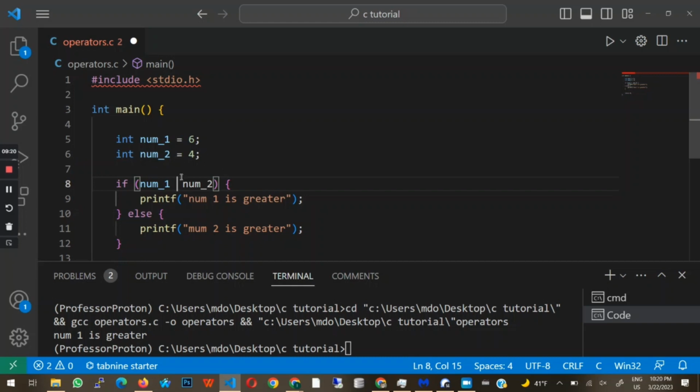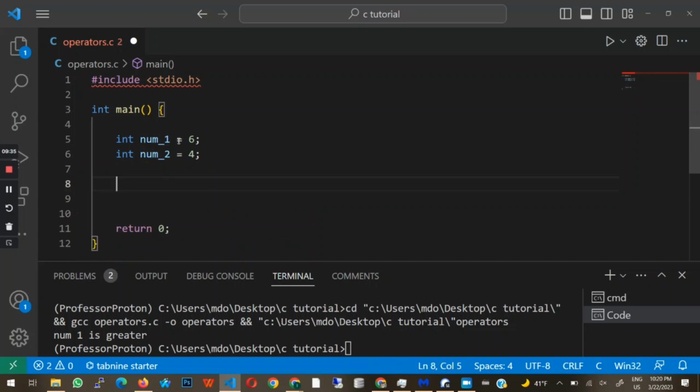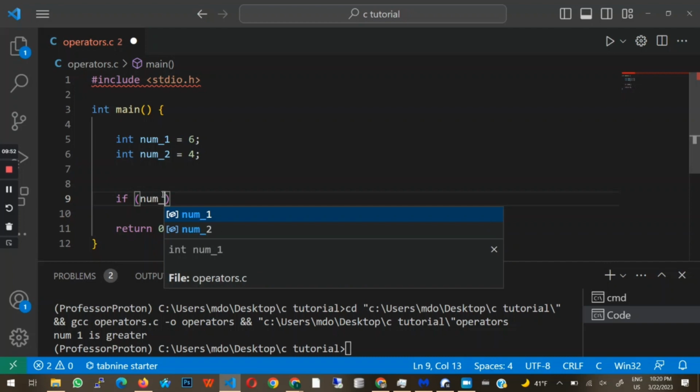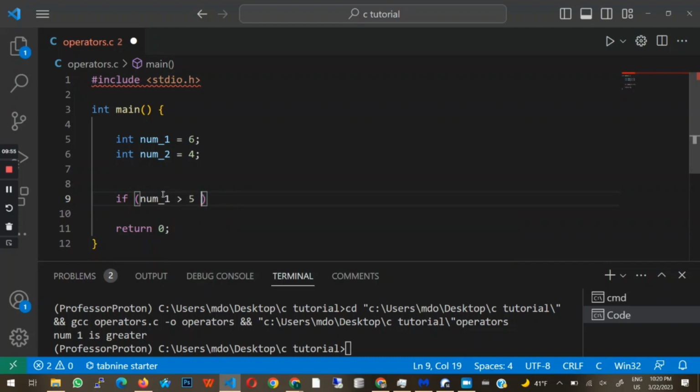Now the way an OR logical operator works is that all it needs is for one of the conditions that it is checking for to be true. Now I'm going to show you exactly what I mean by that. So let's check to see if any of the numbers, that is num1 and num2, if any of them are greater than 5. So I'm going to write a conditional here, and I'm going to say if, open bracket, num1 is greater than 5, or